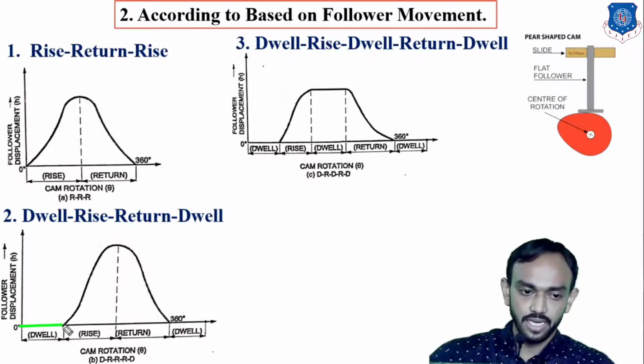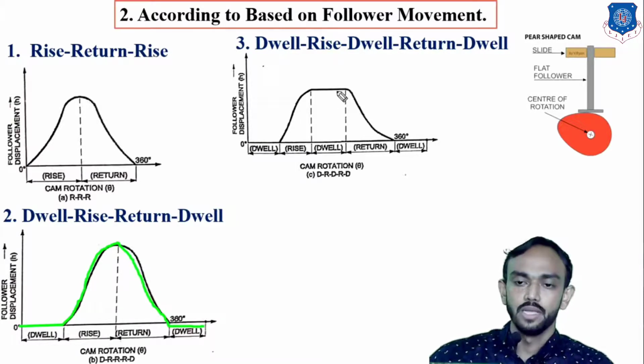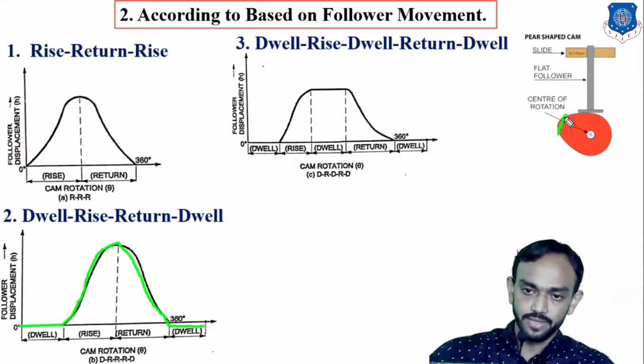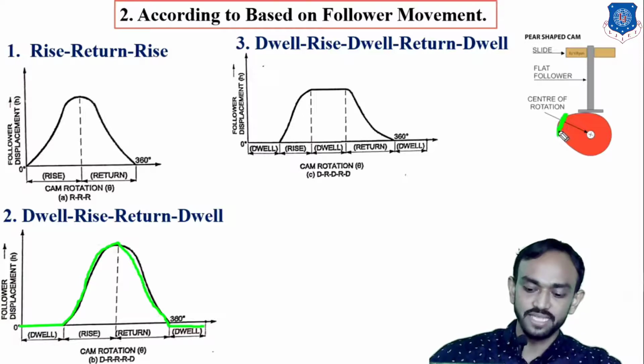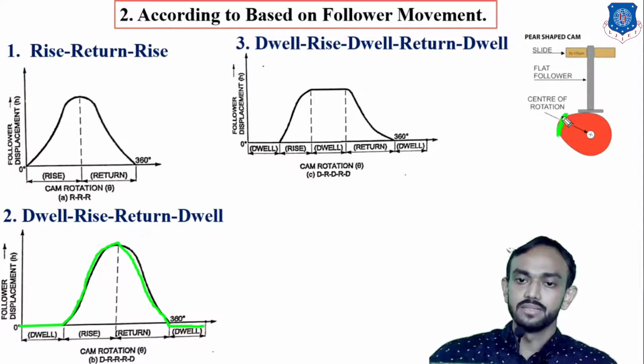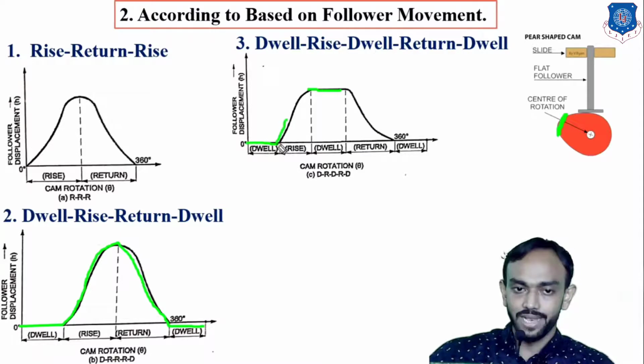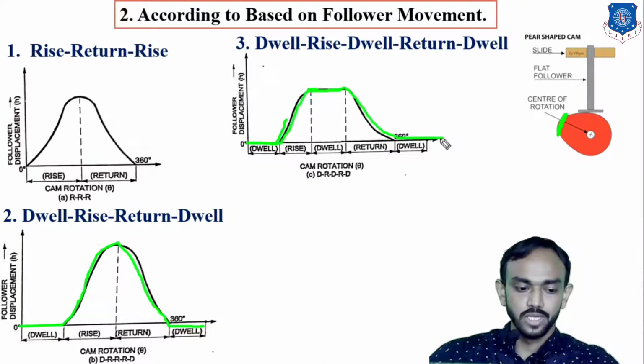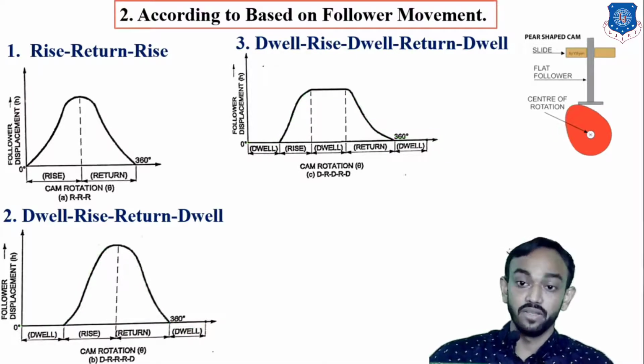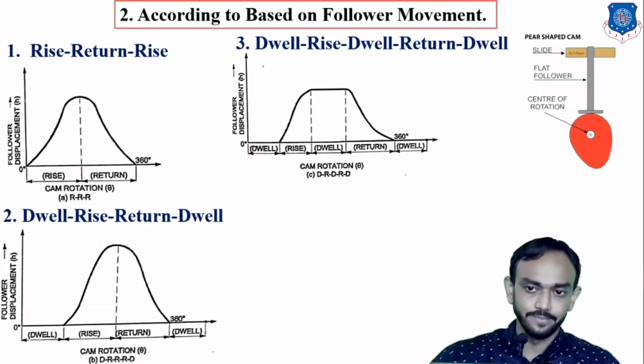So the cam is rotating, the follower is in a steady condition, after that the follower moves in the upward direction, the downward direction, and again dwell. And if a perfect circular curve is given here, perfect circular meaning any radius of any circle, then there is a possibility that at a higher upper point there is also a dwell, meaning dwell, rise, dwell, return, dwell. So this type of condition is also there, and we will obtain it in our cam profile diagram.